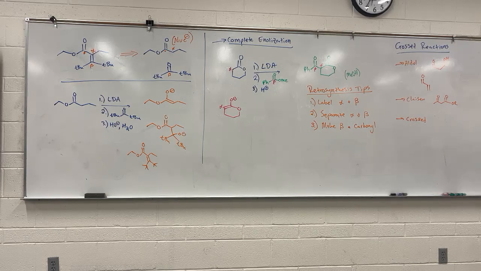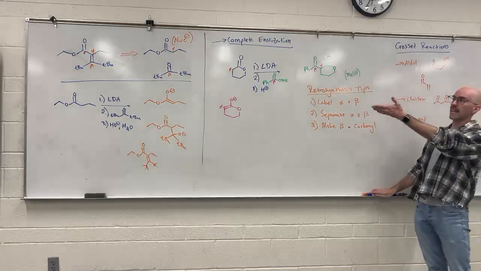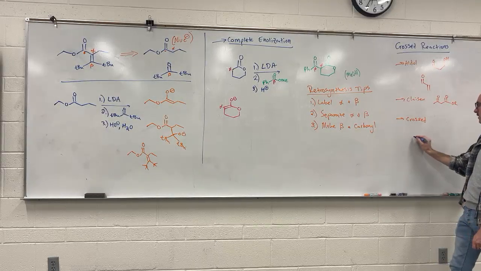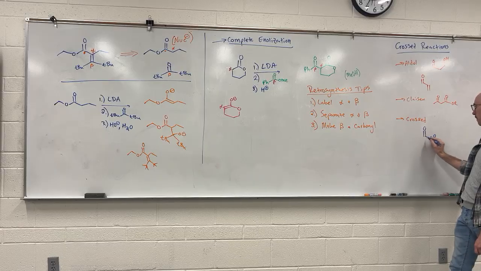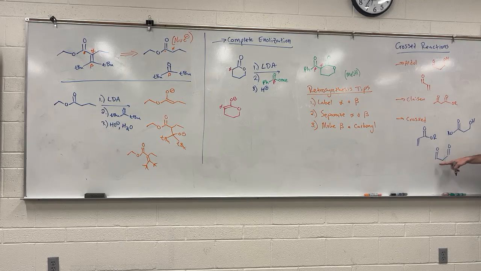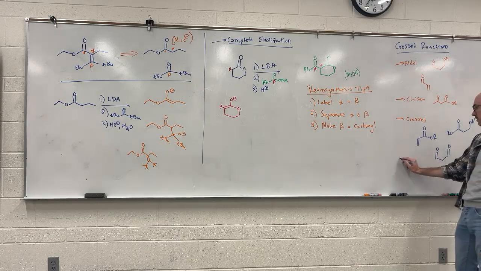For this bottom one, you're just condensing water, right? Yeah, water condenses out of it. So can we say this is an aldol condensation? Not really, because it has an ester in it, so that makes it crossed. Similarly, if I made an ester with a beta hydroxy group, that now is crossed. If I make a beta keto ketone, a beta carbonyl, and one of them isn't an ester, that's technically not Claisen. That's technically a crossed reaction.